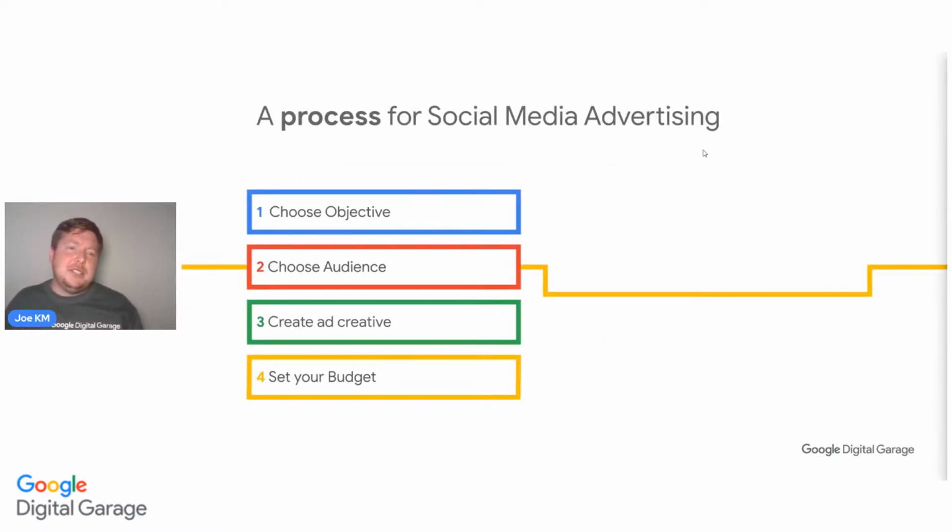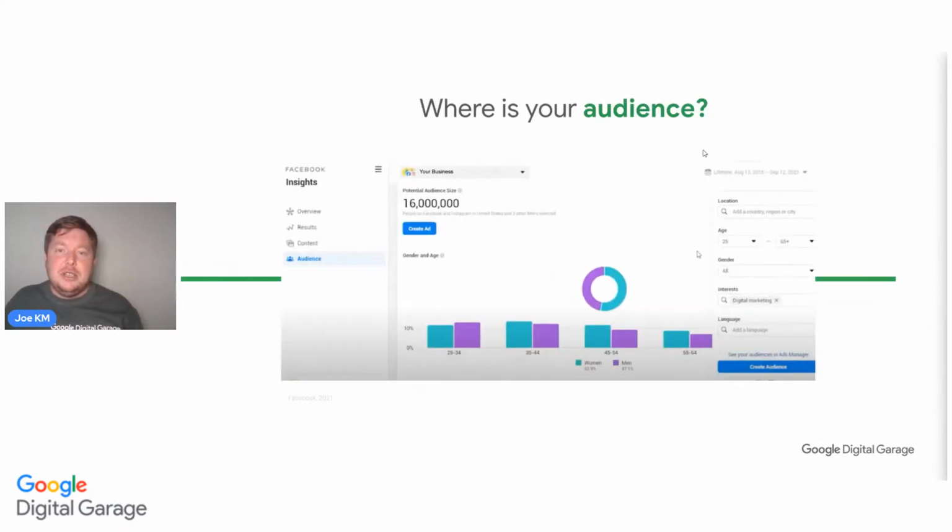So where should I advertise? So again, we've got to go through this step-by-step process. So where is your audience? Facebook Insights will tell you who your most popular age group is for your audience. Is it males? Is it females? What age are they? Why does this matter? If you're targeting a 25 to 30-year-old or 18 to 24, then the language that you're going to use is going to be very different to a 55 to 64-year-old.